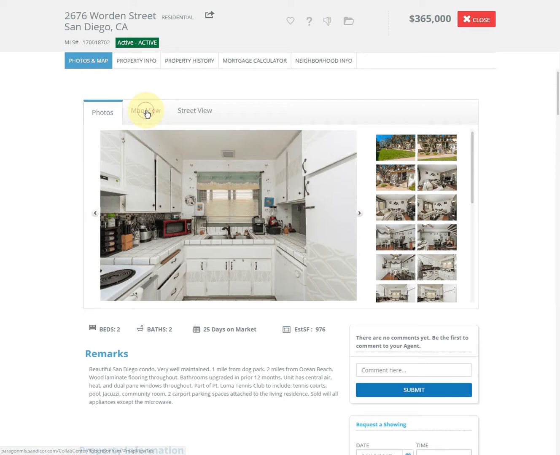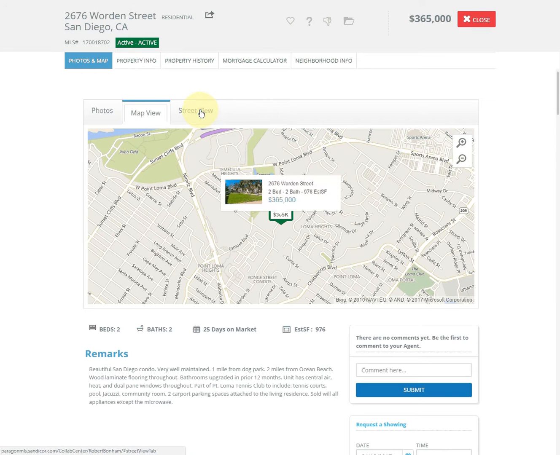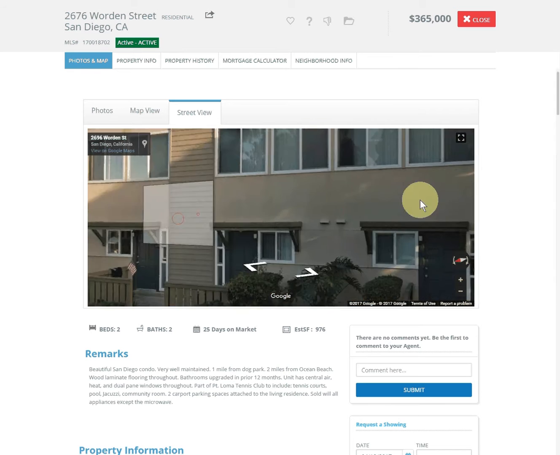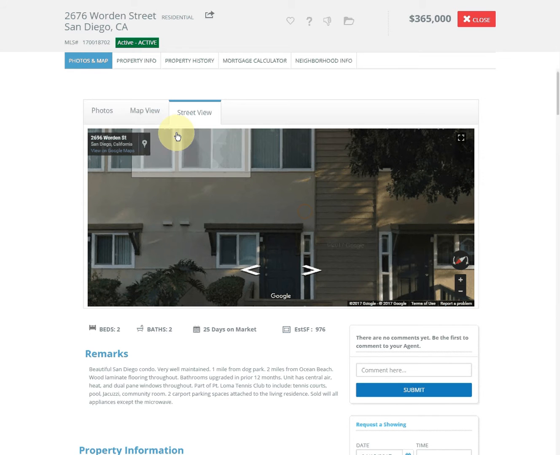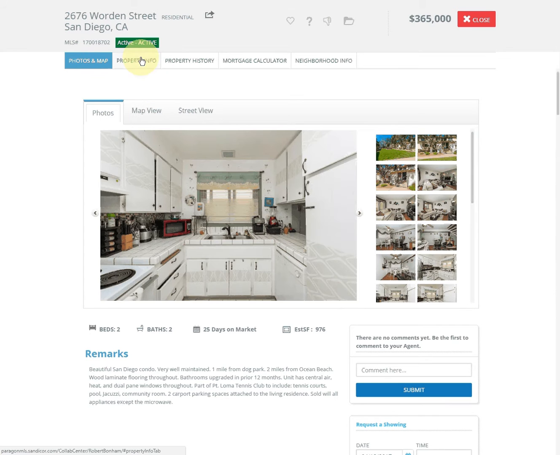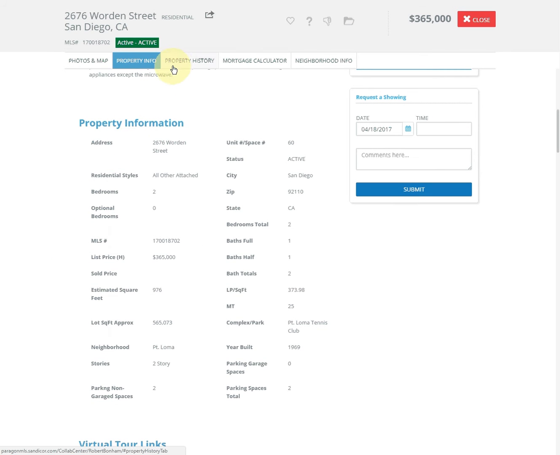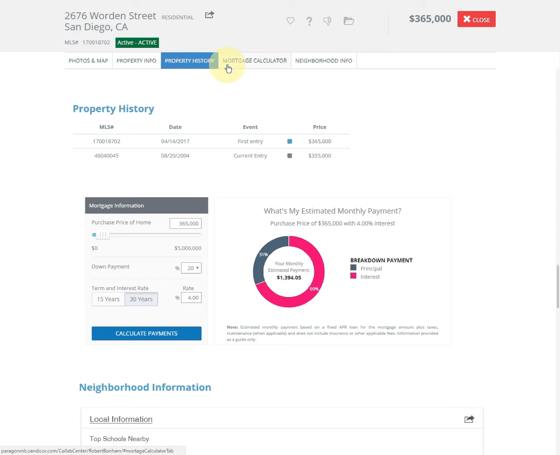Of course, here's the map view. And you can even go to street view, which is pretty helpful if you want. You can see here and kind of get an idea of what the neighborhood's going to look like. Back to photos, and then of course here, property information. As you scroll down, you'll get the property information, or you can just leap to the next one: property history,